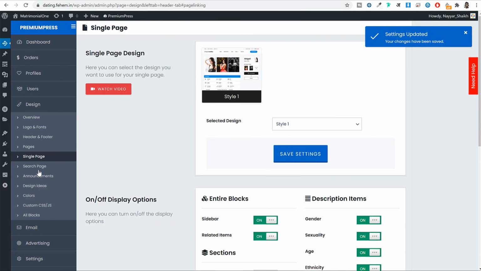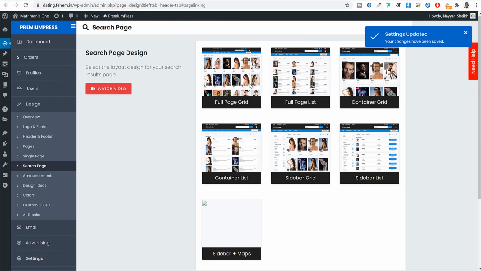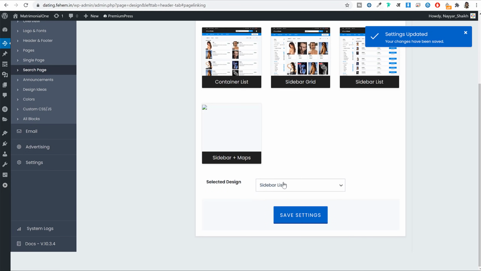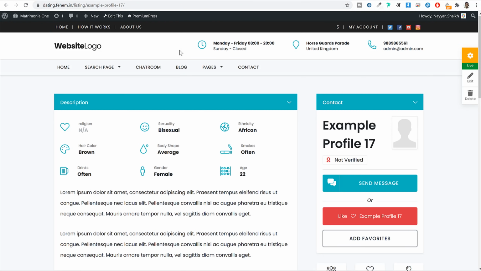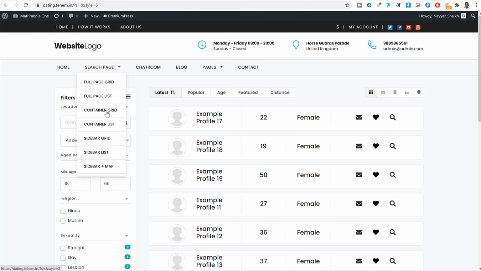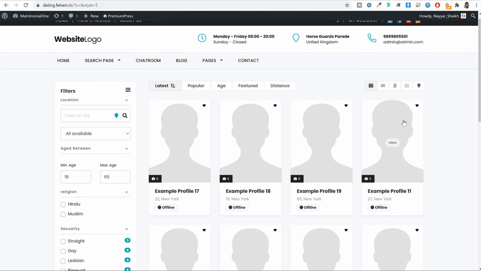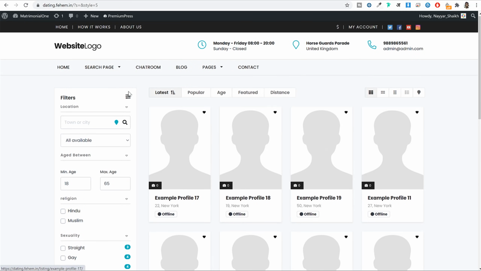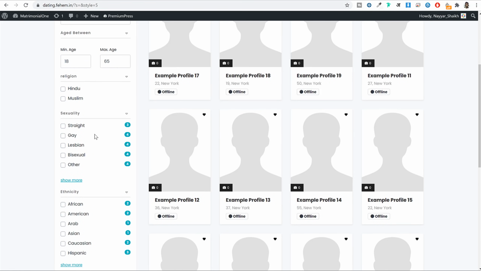Now again, if you come back to this option, we have the search page option. For the search page, what design do you want as your default design? You can see there are several designs available. The design that I like the most for the search page is sidebar grid, which is over here. So whenever someone searches for anything, they see the profiles at the right hand side, and at the left hand side we have a sidebar which they can use